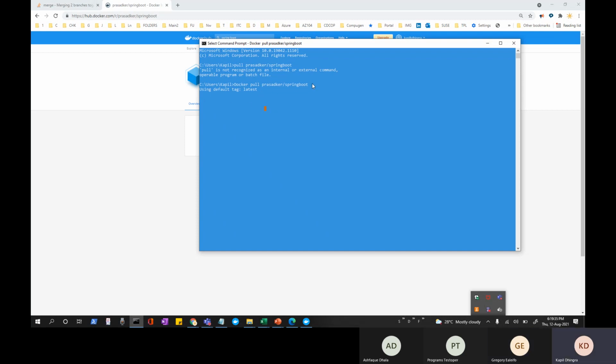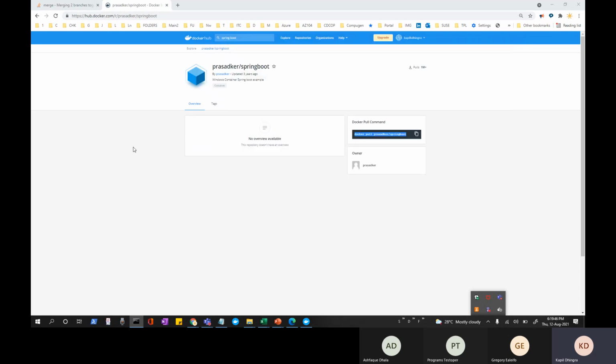Now, I have not mentioned any version. It is using the default tag latest and it is pulling the latest image from the Docker Hub. So it is taking time because the image may be huge in size, maybe or may not be. Let us check. This was updated 3 years ago by this particular user. And if we go back,